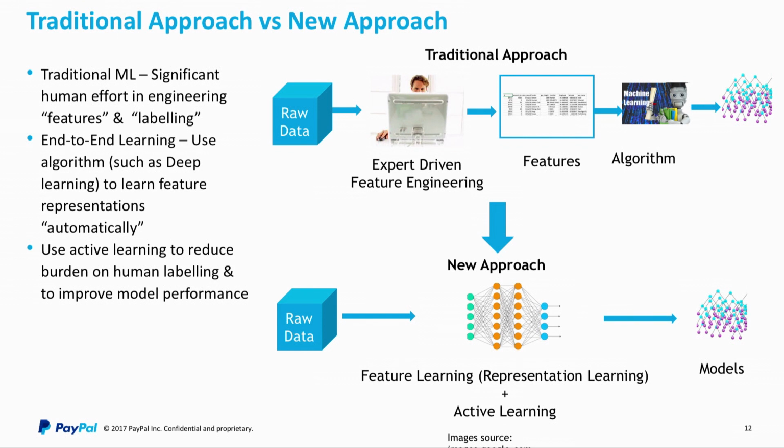A significant effort is spent in the feature engineering aspect. The other is where a lot of human effort is spent in the labeling aspect. How do we detect whether a particular transaction is fraud? A typical machine learning model, even today, is supervised. That means you need to have a feature vector and a label of whether it's a fraud or not fraud. You train a model using this training data set and use this model to actually predict